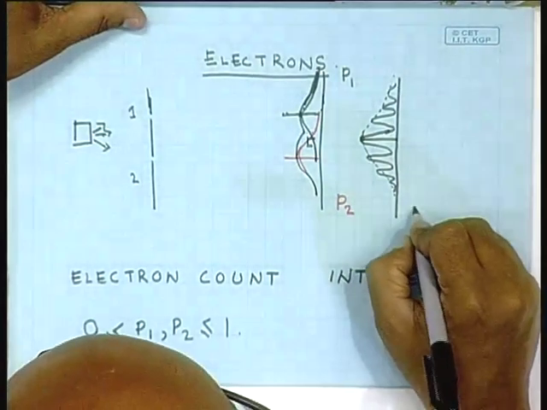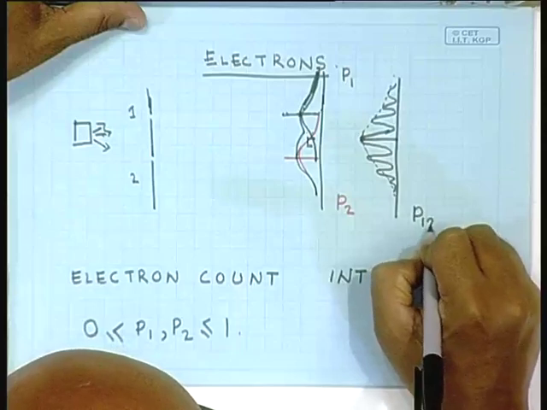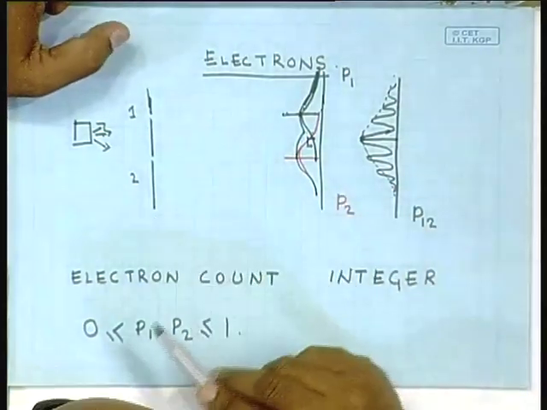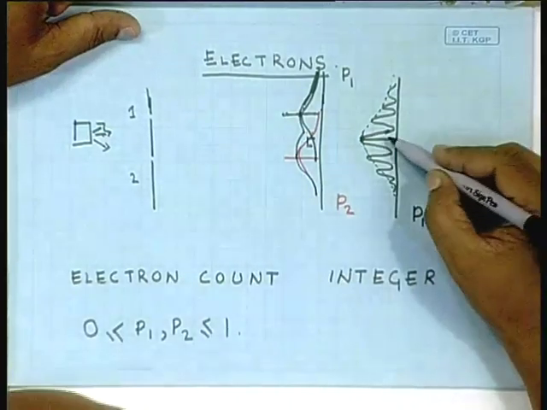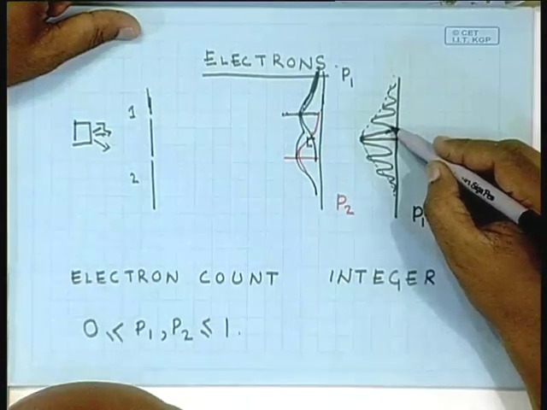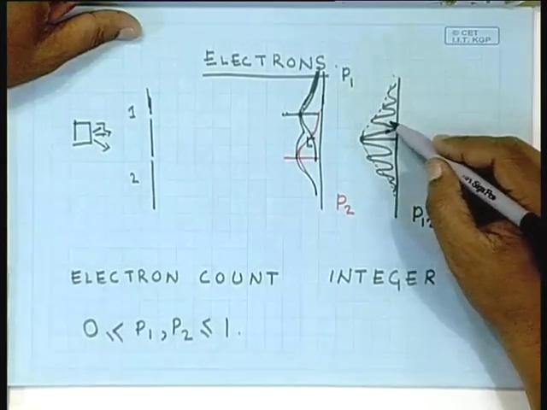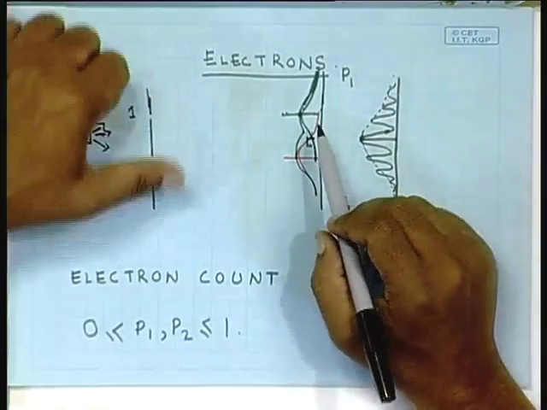And this is what the probability of finding a bullet at any point on the screen when both slits are open looks like. So, there are points, notice, where the probability actually goes below the probability when only one slit